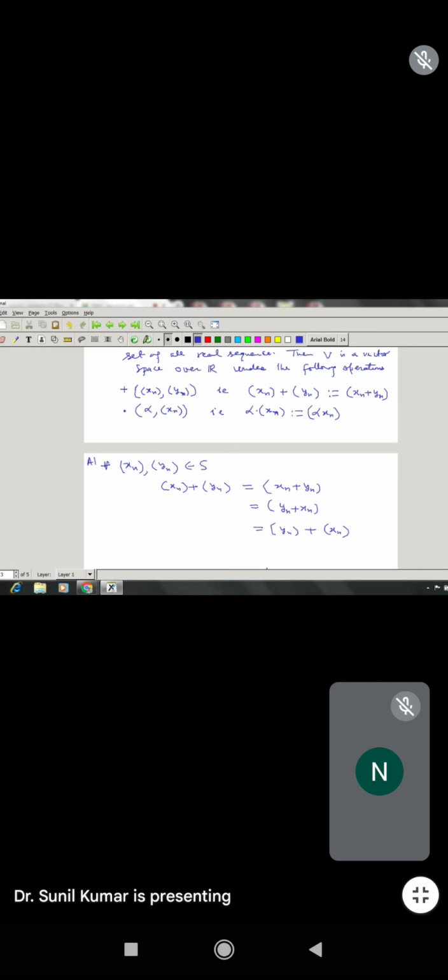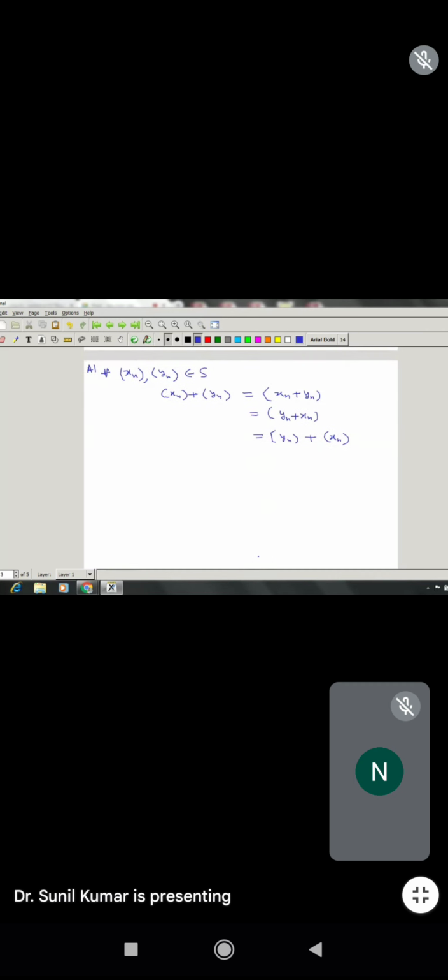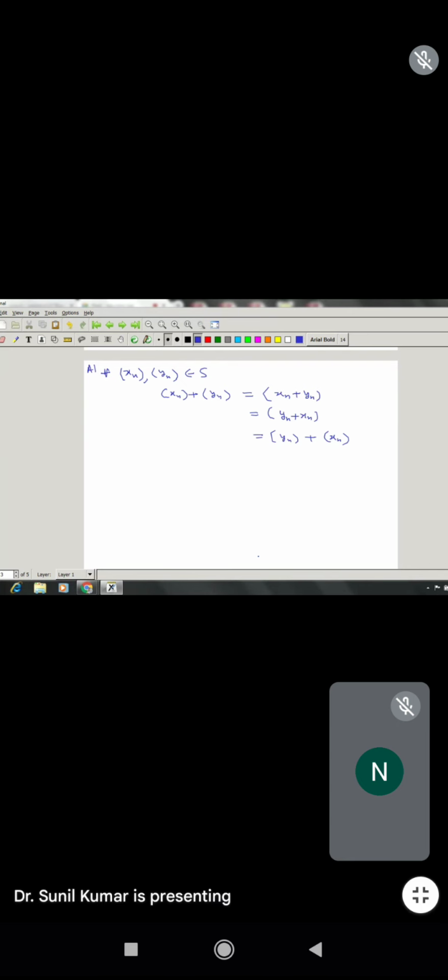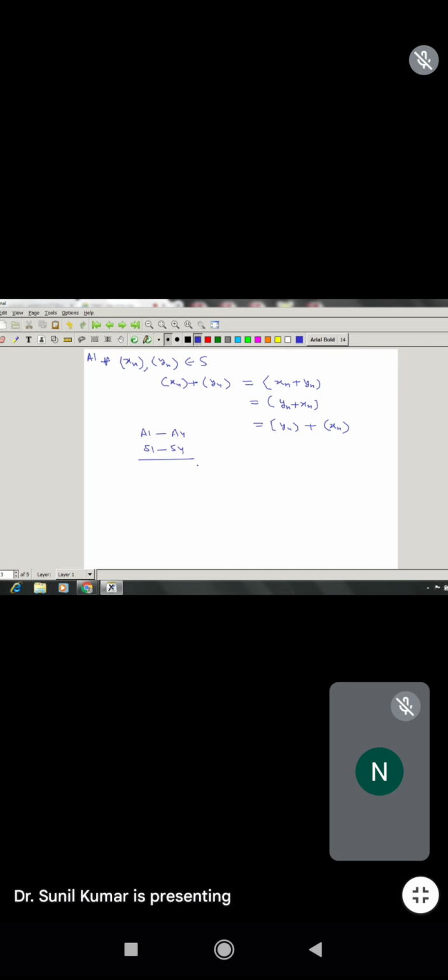So they satisfy commutativity and associativity. There exists a zero sequence, which we call a null sequence or zero vector, that is the additive identity, and minus xn is the additive inverse. Similarly, it satisfies all the properties A1 to A4 and S1 to S4. So this becomes a vector space. You can try this. The operation is defined. You can try each and every property. Now the next thing is,